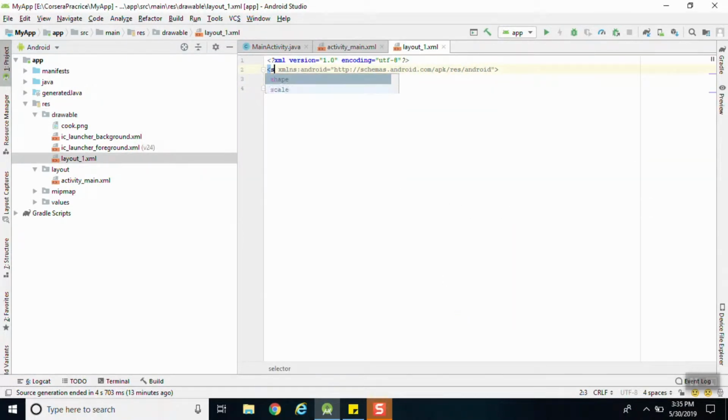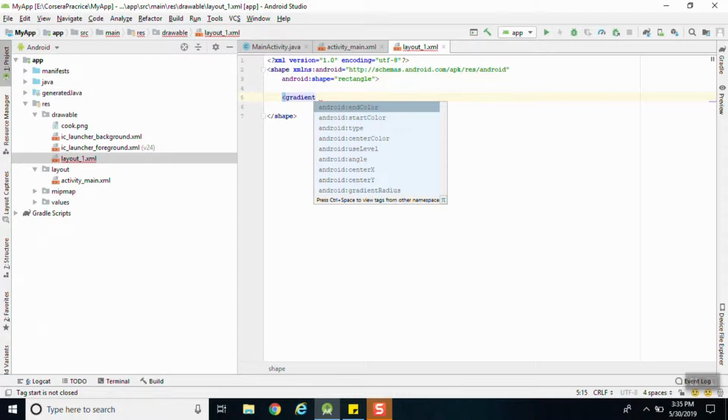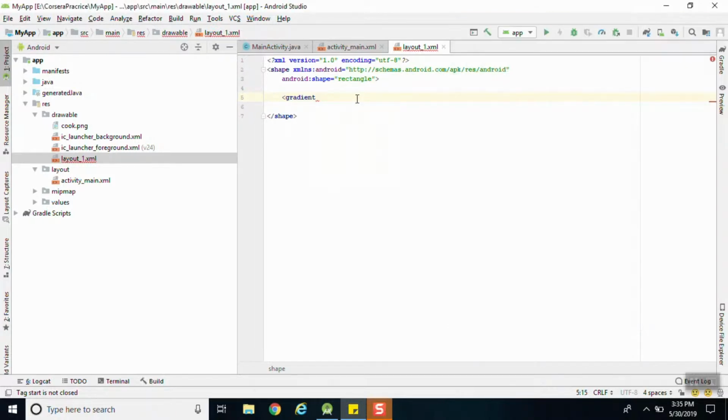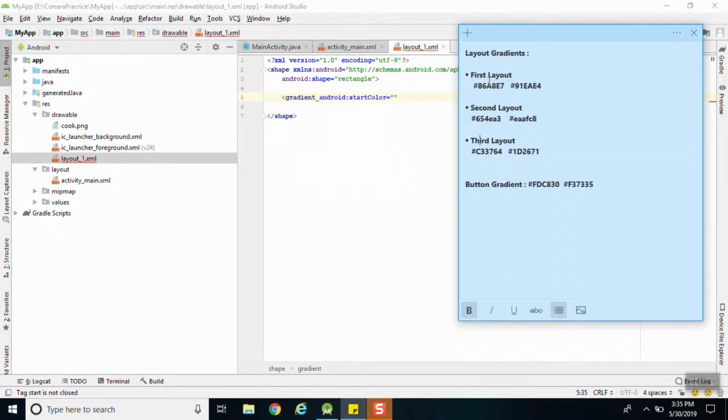Okay, so what you have to do is give it a shape. Now it could be any shape, but here we are working on the background part, so it should be rectangular. So again type shape, and you have to give it rectangle, and here you have to give a gradient. Now a gradient has three parts: start color, end color, and center color. Right now I have two colors in each layout. You will see here that the first layout has two colors, the second layout has two colors, and the third layout has two colors. So I'm going to take the start color, and let's go with the first,